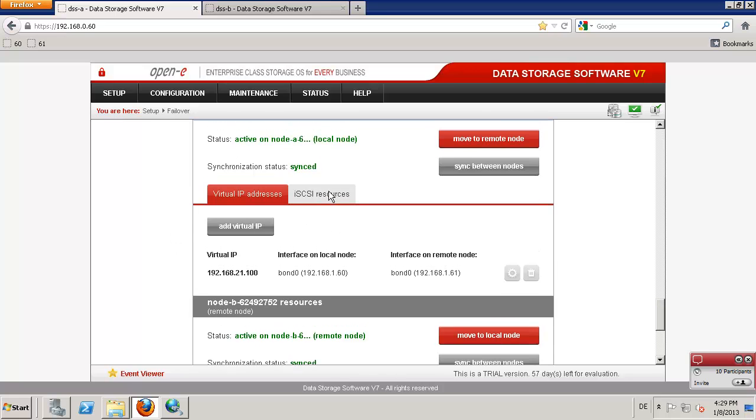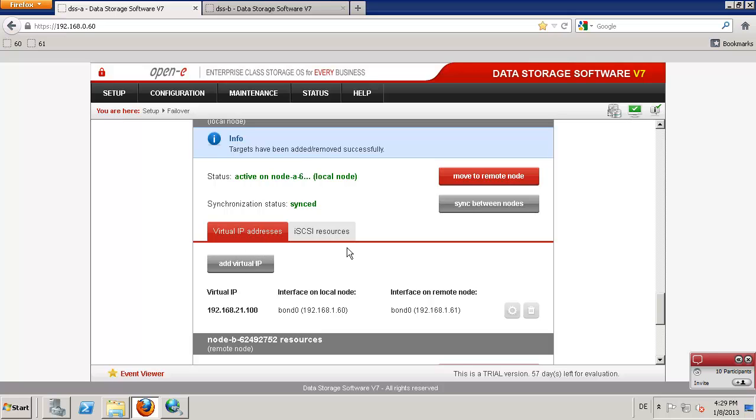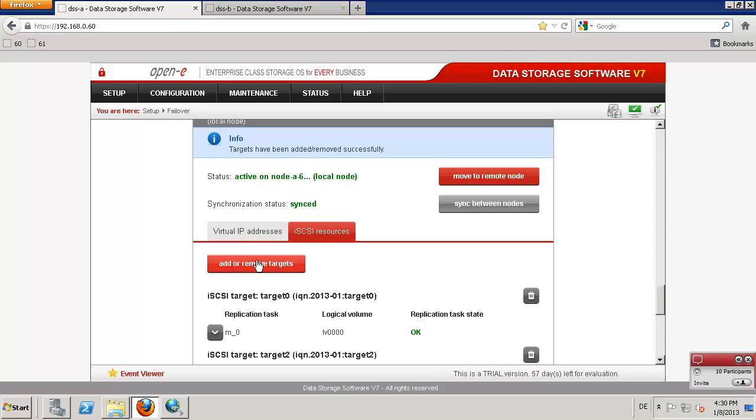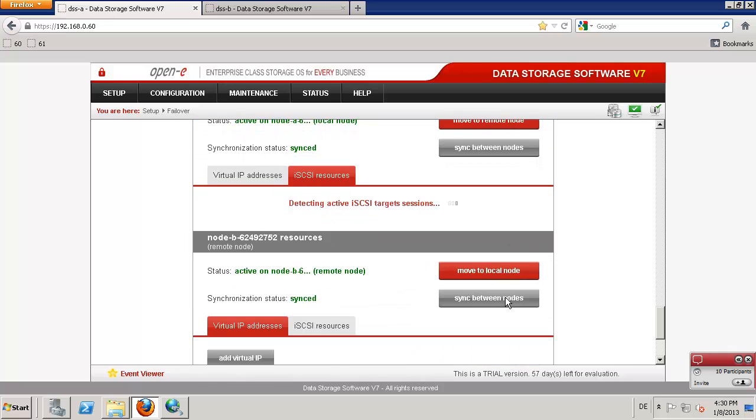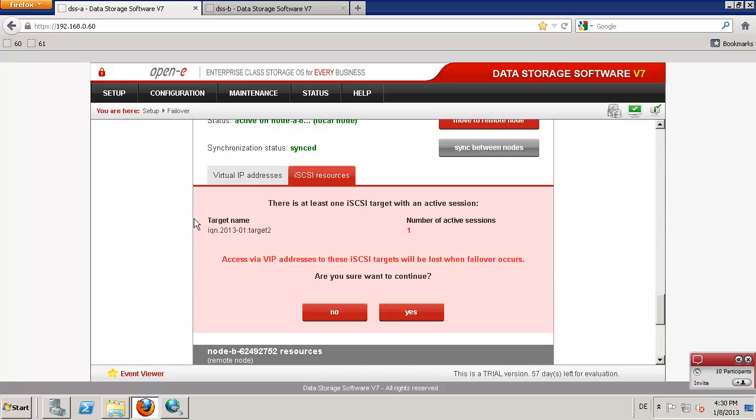We can just go to our resource pool, iSCSI resources, add or remove, and let's say we want to remove the just added target. So I click on here and apply. On this I'm having detected the iSCSI connection. I can force this, and actually this volume which I'm removing from the cluster will still be available over the virtual IP,